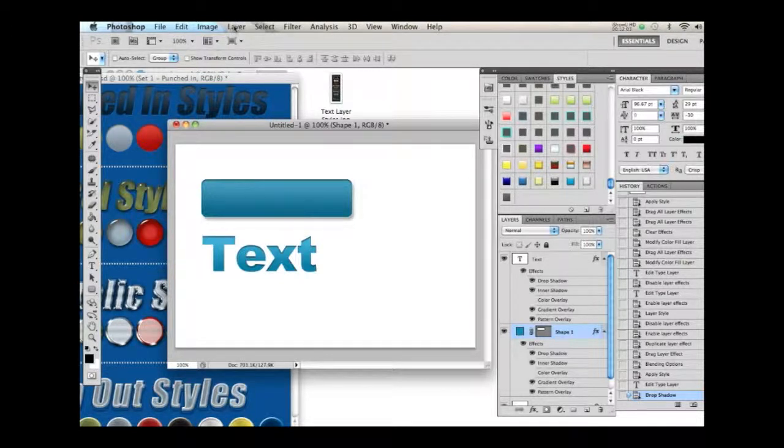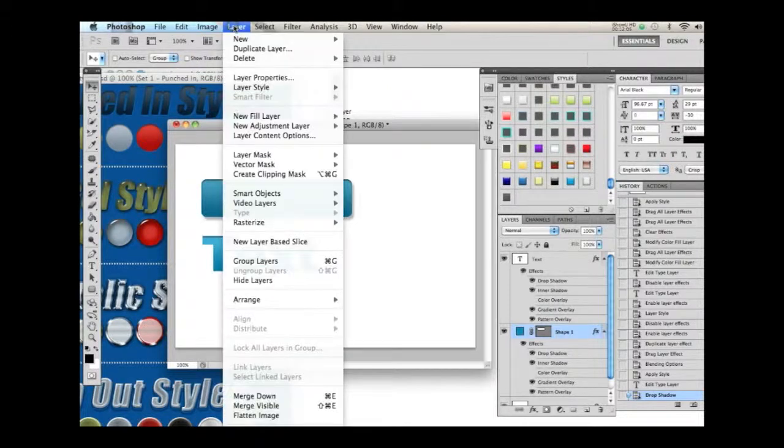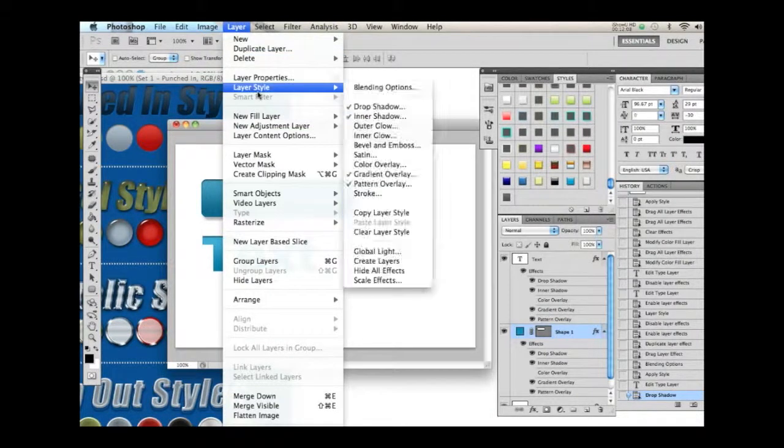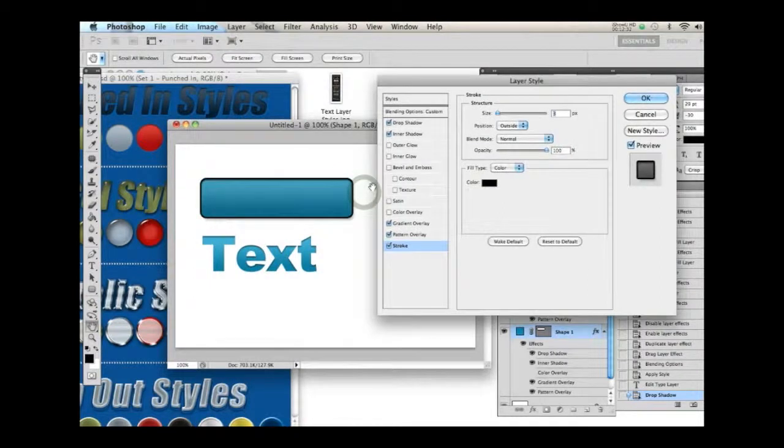And to choose all of the different things that you can add, just go to Layer, Layer Style, and the check marks mean these are the layer styles that are effective right now on your layer styles. Pretty much all of these different effects are visible right now, and you can add some other things like the stroke, color overlay, outer glow. You can add some things on top of your button to make it as complex or as simple as you want it